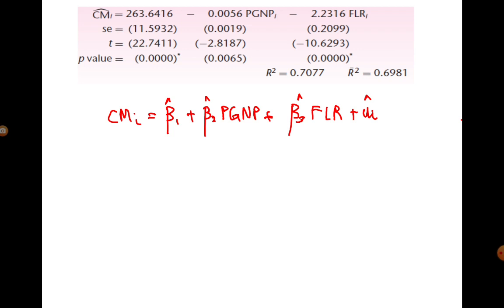Once again, I am saying that when female literacy goes up, child mortality will come down. That is, there is an inverse relationship based on the fact that beta 3 hat has a negative sign. Right? So that is how you would read this output table. Now, moving on,